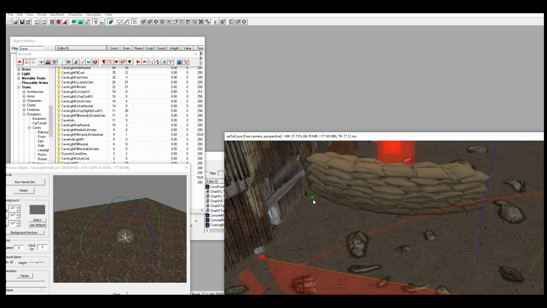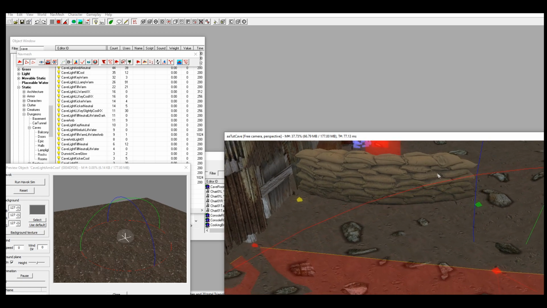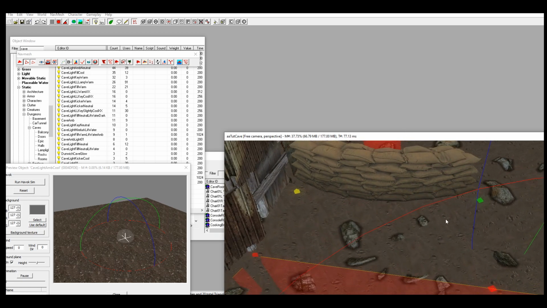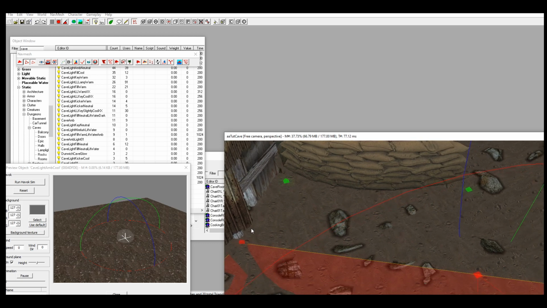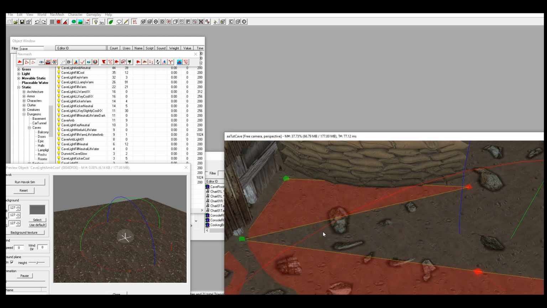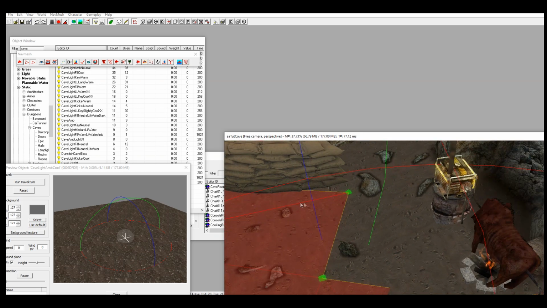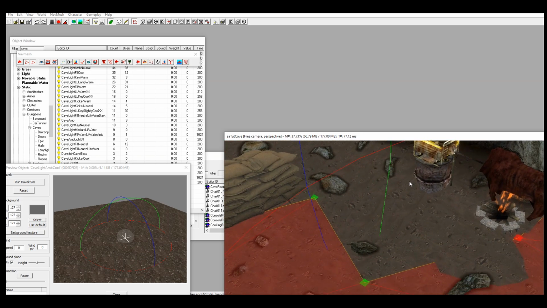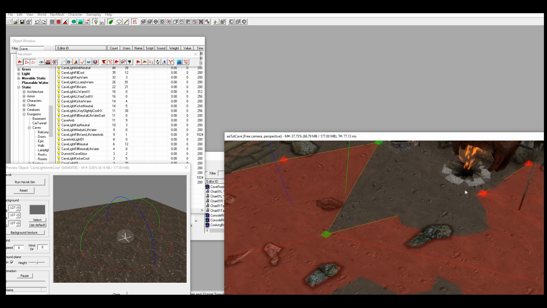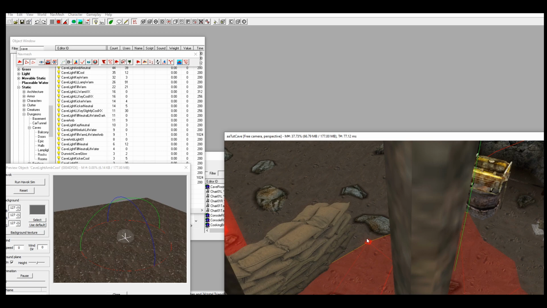So I'm just going to make it so that the nav mesh... for some reason, I don't know if it's my keyboard or what, but this thing likes to move on the Z axis even when I'm not holding Z. So I'm going to just place these here, put this here like so, press A, link these together, and then I'm going to come over here and we'll link that together like that. We'll click on this. Now all of these are linked, and then